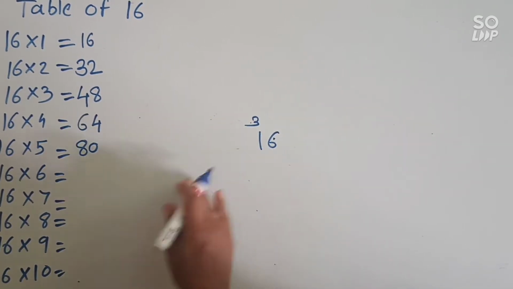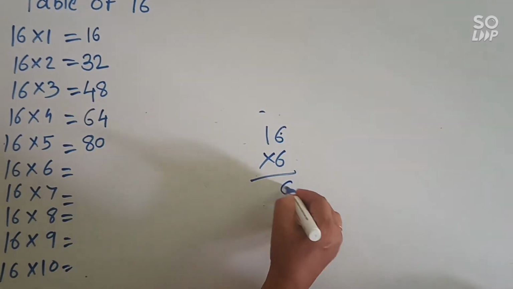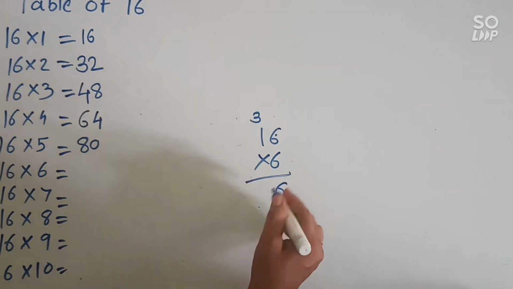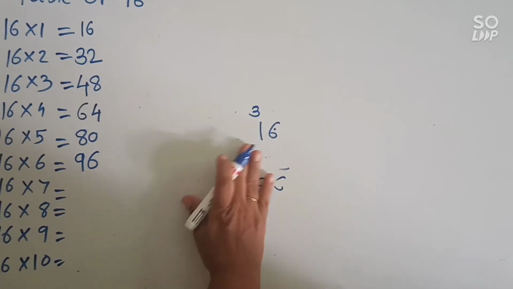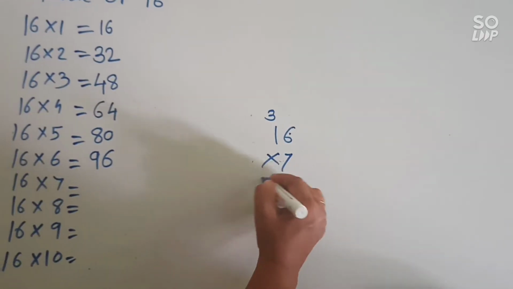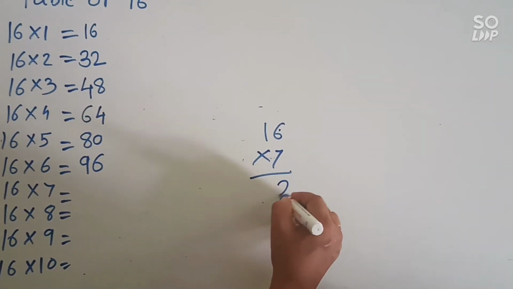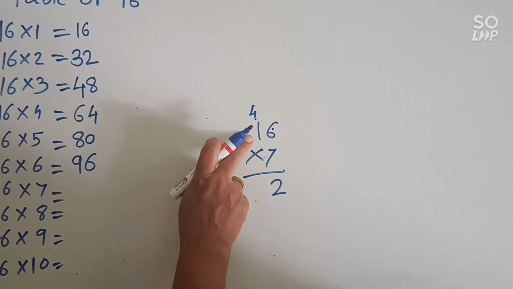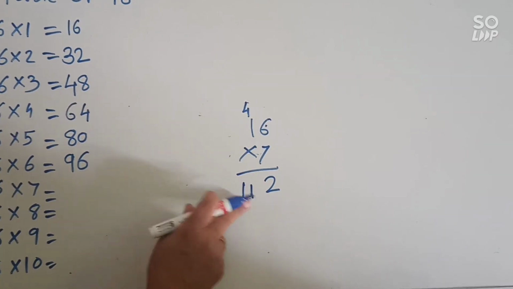Okay, then 16 sixes are 6 sixes are 36, 3 carry over, 6 ones are 6 plus 3 is 9, means 16 sixes are 96. Okay, then 16 sevens are 7 sixes are 42, 2 here, 4 carry over, 7 ones are 7 plus 4 is 11, means 16 sevens are